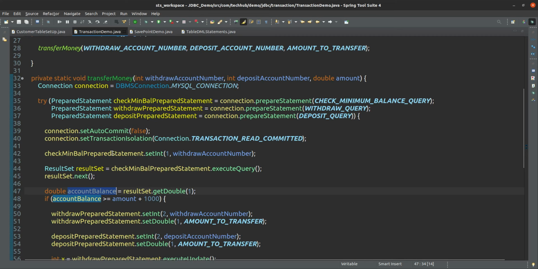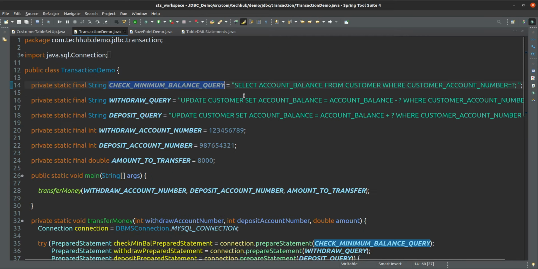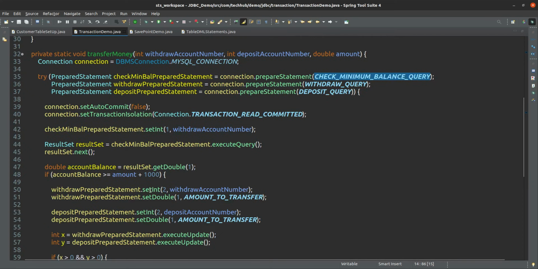So this is the query for minimum balance. What is the query? Select account balance from customer where customer account is 123 something. It is just returning the account balance, and that account balance only we are getting.